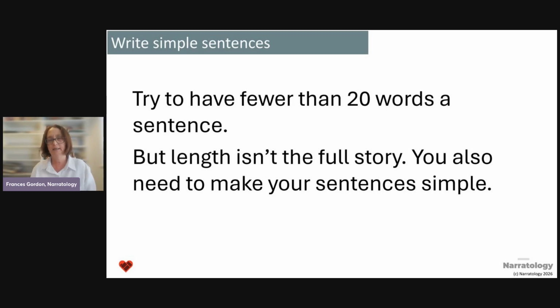What I do like to tell you is length isn't the full story. You also need to make your sentences simple. We're not going to talk too much about simple versus complex sentences in this hour because we don't have that much time. But if you think of a sentence like, I love cookies and cake and candy and sweets and vegetables and fruit,